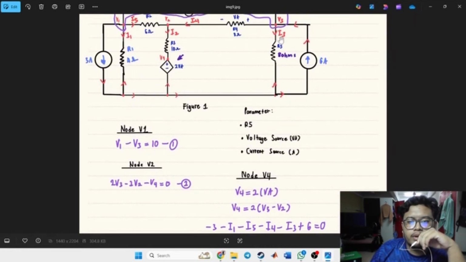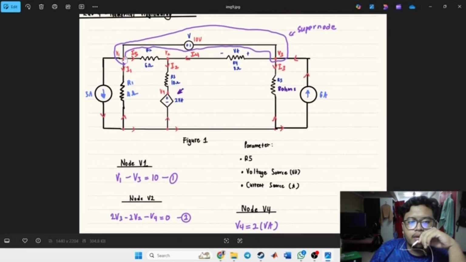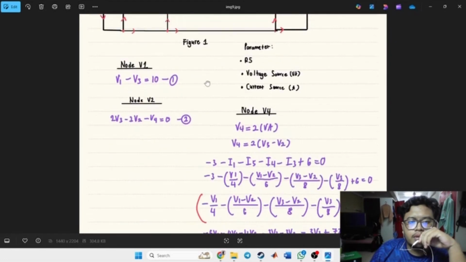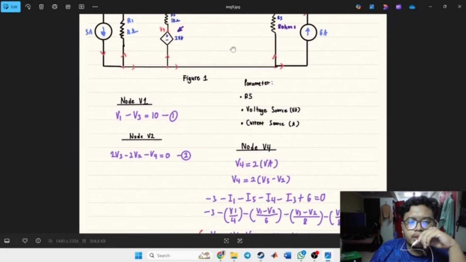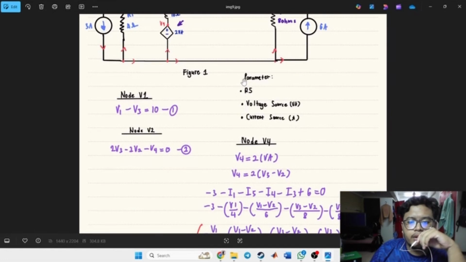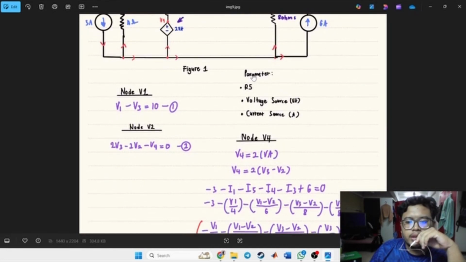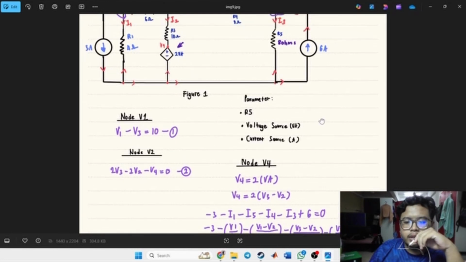And then for node 4 is negative v1 over 4, v1 minus v2 over 6, v2 minus v3 minus v2 over 8 and v3 over 8, plus 6.